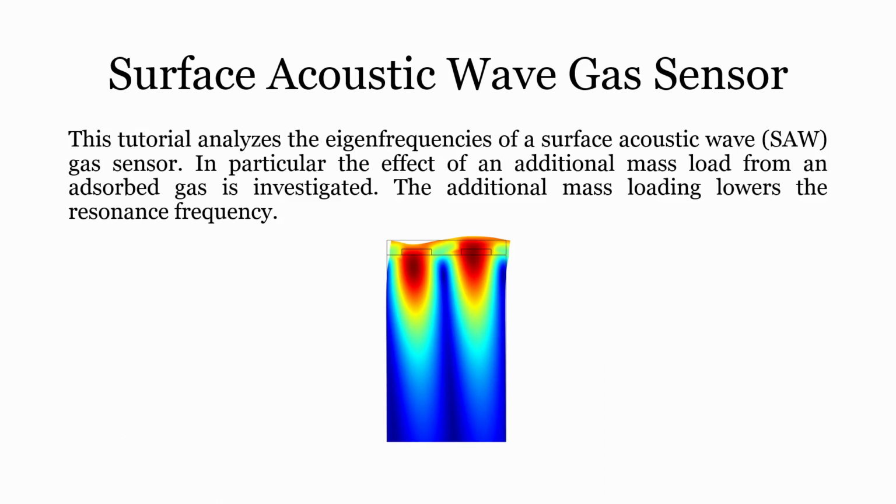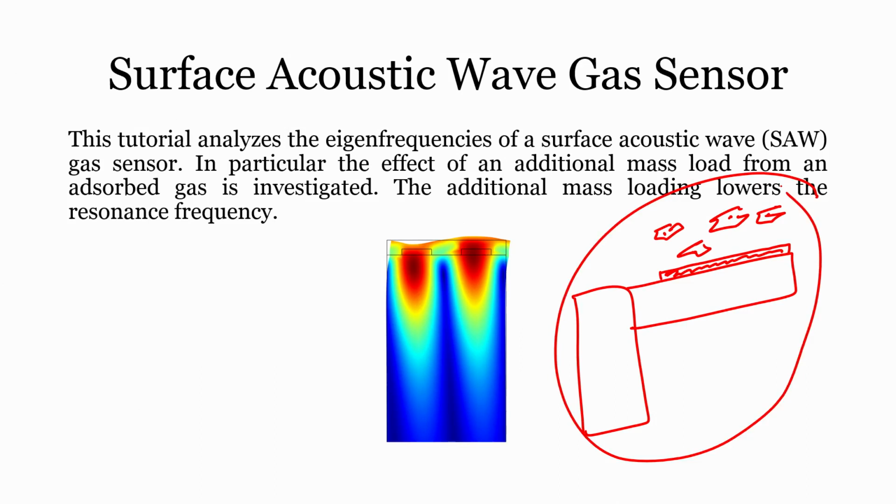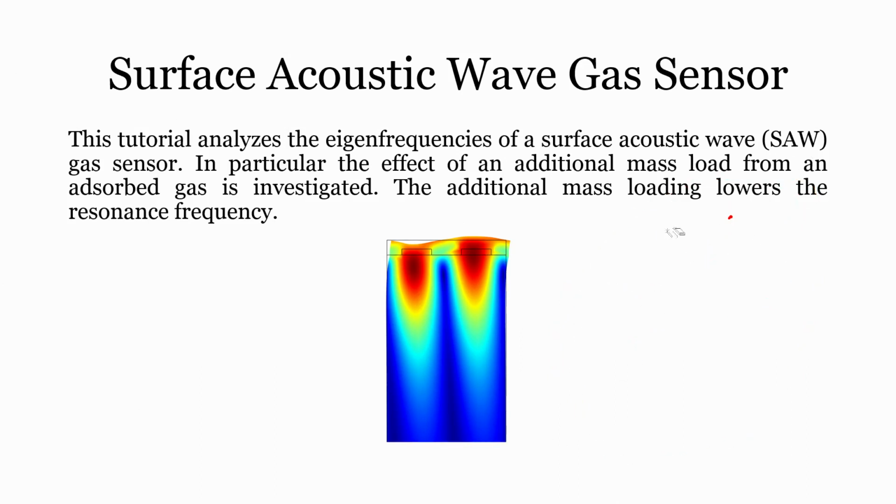So, for a given material, when the gas is absorbed, there will be a change in the mass, and this mass lowers the resonant frequency. Suppose I design a cantilever, let us say this is a silicon wafer and I have a cantilever, alright. Then this cantilever will vibrate at a particular frequency, and if I have a sensing material on the cantilever, when gas molecules are absorbed onto the cantilever, the resonance frequency would be different. That resonance frequency we can simulate with the help of COMSOL Multiphysics.